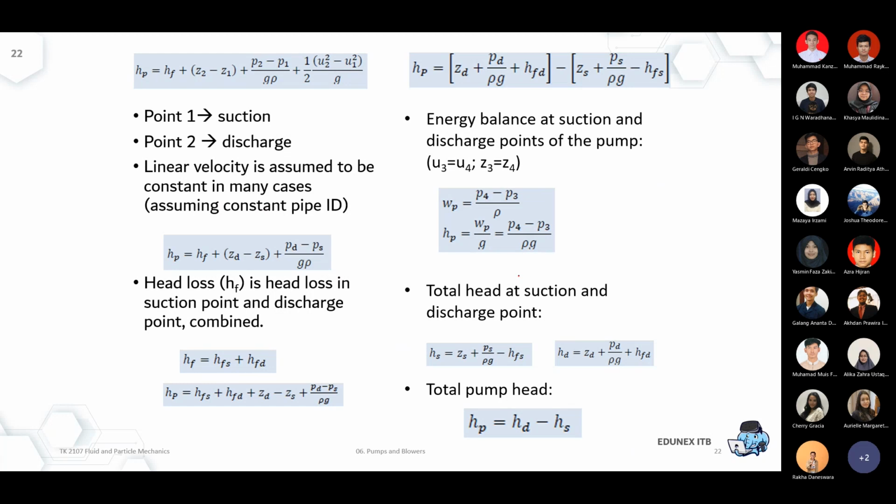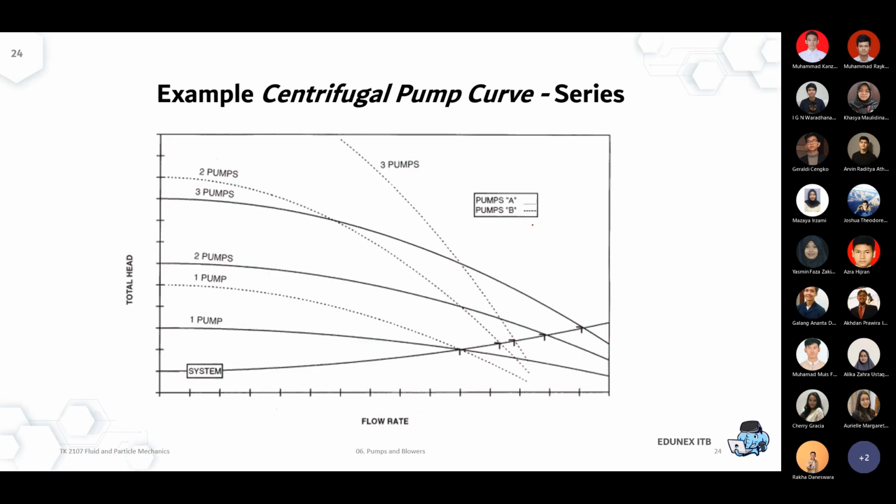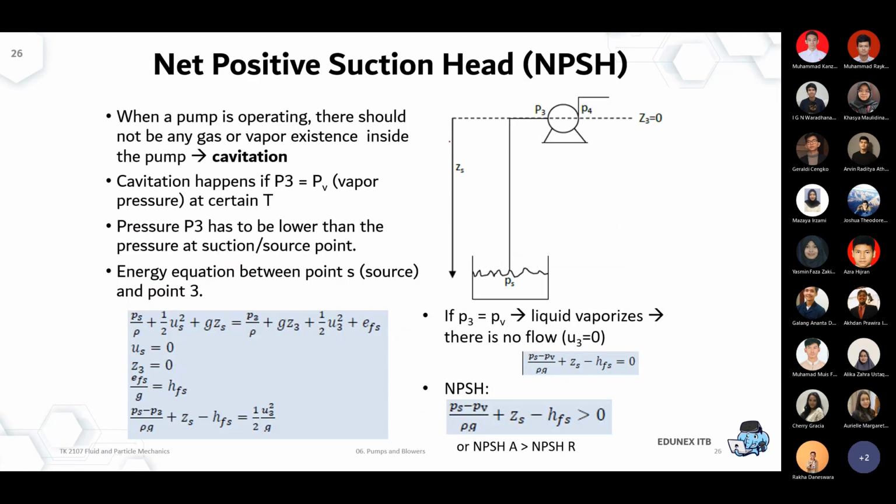Okay, so I will continue my explanation about the NPSH to prevent any cavitation. So we have separated two parts of the pump. Everything from the discharge can be merged into one discharge head, including the elevation, the pressure, the velocity, and everything at the suction part can be classified as SS. Okay, so I'll skip this part first.